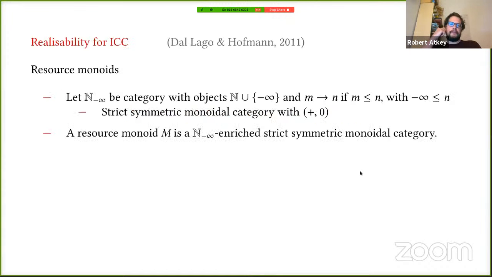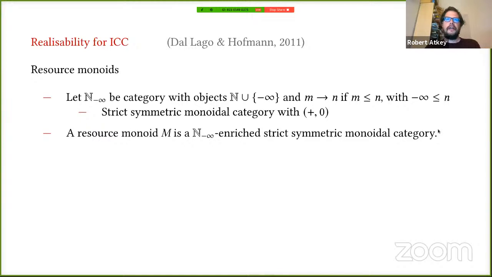So the technique I'm going to use is due to Ugo Dal Lago and Martin Hofmann again, on generating realizability models for implicit computational complexity. The way they work is parameterized by what's called a resource monoid. I've written first here the definition in sort of smug category theory terms, and I'll give you a better